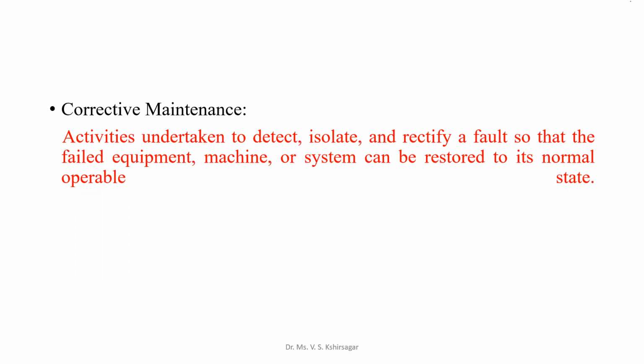Sorry guys, so we were talking about corrective maintenance. I was giving you an example of leakage. When we find a leakage, water is going on the road, someone tells them, and their team comes and tries to find it. Often the leakage is at a different spot and the water comes out at another spot, and if the exact location is not found, a large excavation has to be done. So that is a very tedious job, to find the exact location of the leakage and then go for corrective action.